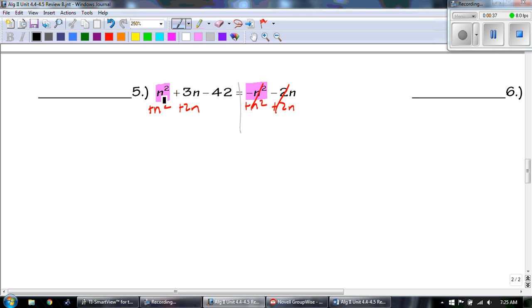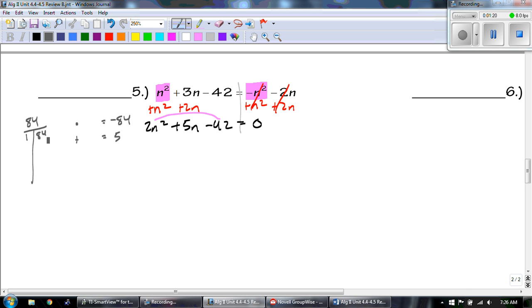All right, so 1 plus 1, we get 2. So 2n squared. 3 plus 2 is 5n minus 42, and then everything on the right side equals 0. Now, you are more than welcome to check for a GCF. There's that. But we always want to check, can I factor it? So I'm looking for numbers that multiply to get to a negative 84 and add to get to a positive 5. So the factors of 84,